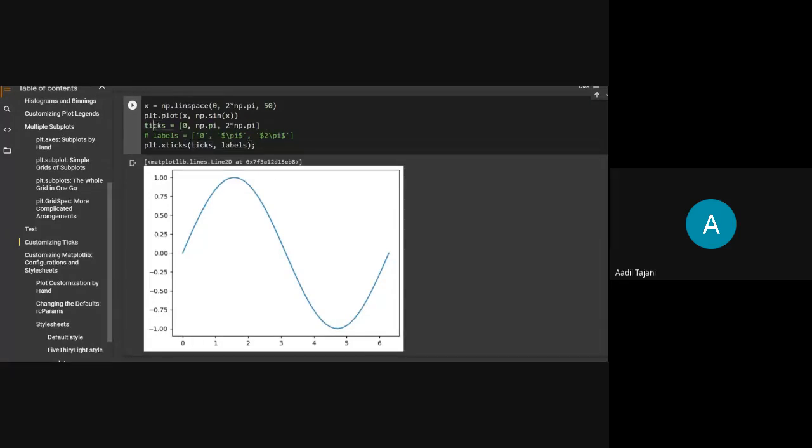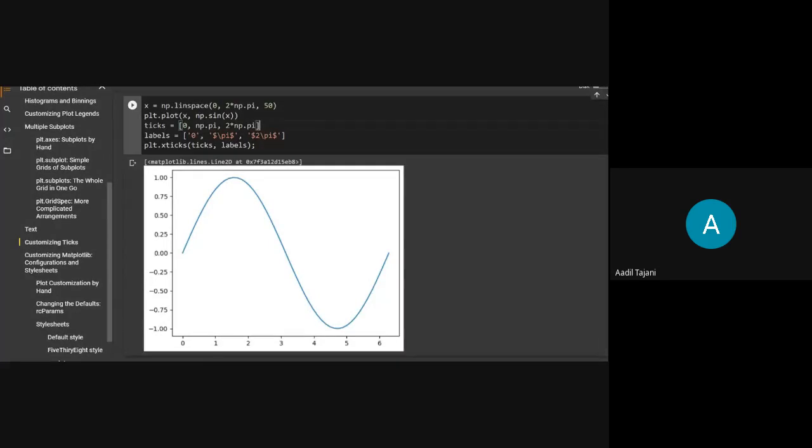Okay, and in that you can mention two things. One is the ticks, which shows at which values you want to show them. If you want to show different things, then you have to pass an iterable, a list or a set or a tuple, of those values where you want to show.